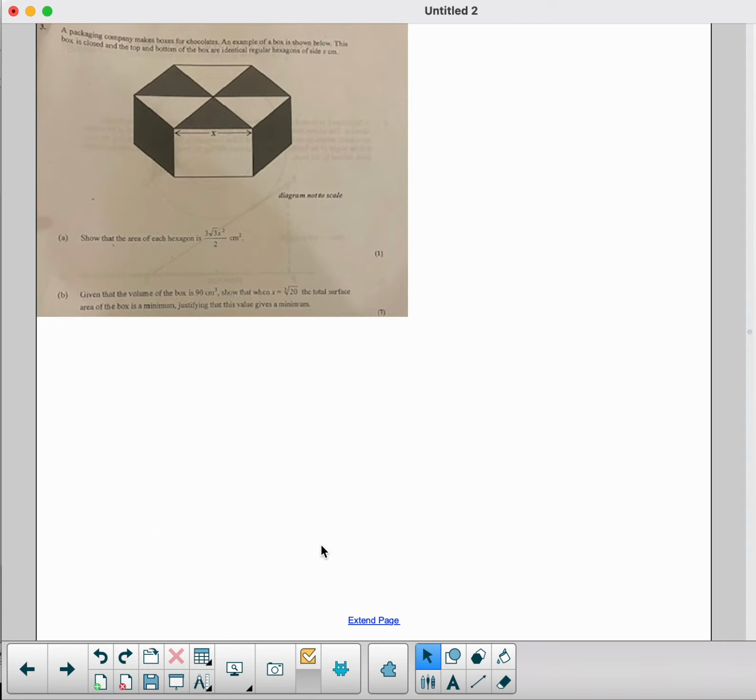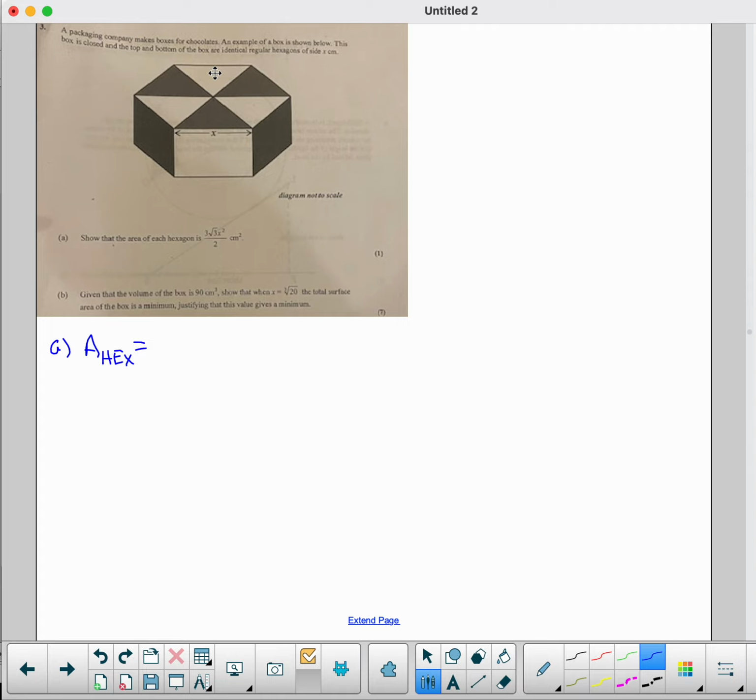All right, so now we get this ridiculous candy box thing. And there's a lot to do here. First, we have to show that the area of each hexagon is 3 root 3 x squared over 2. And we know the base is x. So, part A. I think you would agree that the area of each hexagon